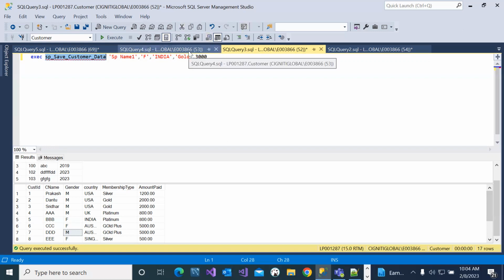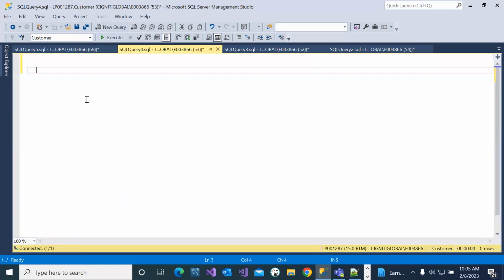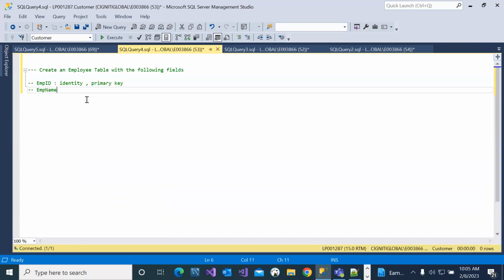Okay, so now I want you to practice these things. I'll give some assignment. Create an employee table with the following fields. Employee ID, it should be identity and primary key. EMP name, it should be not null. Gender, it should have a check constraint, because the possible values are going to be male, female, and other. Salary,